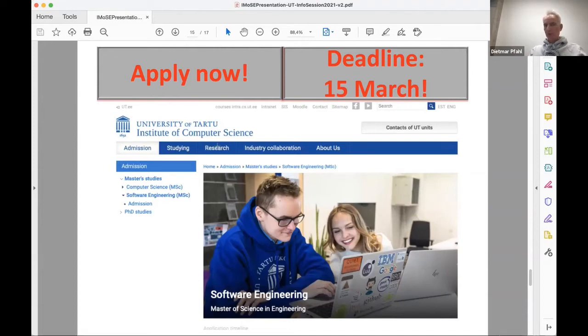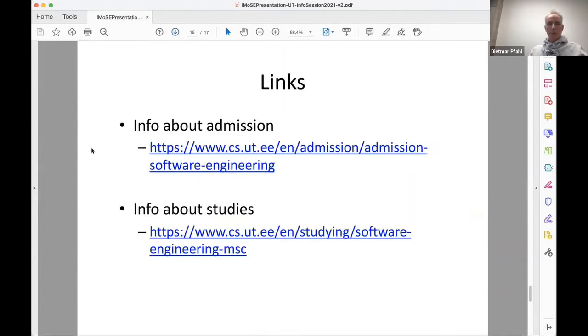If you look at the research tab, you will see a description of all of our research groups and of our people, what they are doing, what our research directions are. How we collaborate with industry is another tab. So I really recommend that you look at that. Okay, there are links for the admission, links about studying, I have just said this.